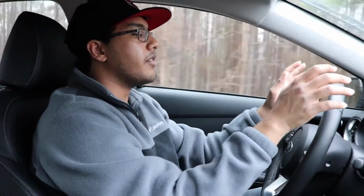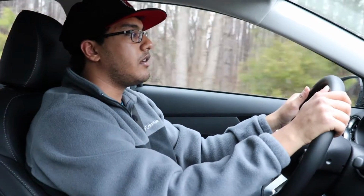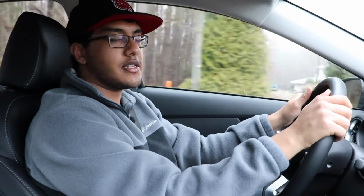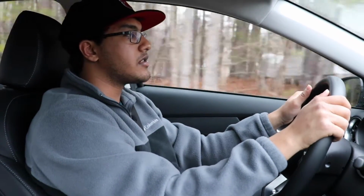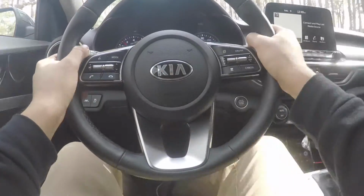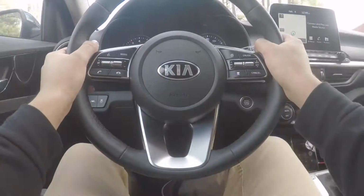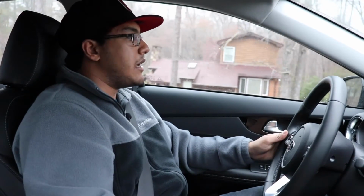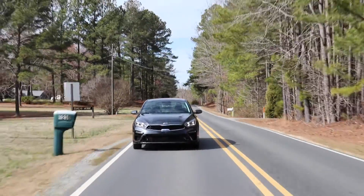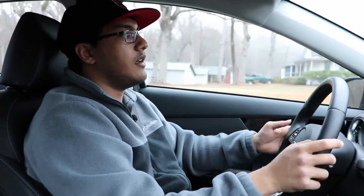I think the best part about this vehicle that I can't really say for most of the cars in this segment is the fact that there's some kind of emotion to this car. It doesn't feel like an appliance to drive. It actually has some feel to it. It has a fun factor to it. I don't know if that's a combination of how light and nimble it is, but it does genuinely have a feeling that it has a soul. And no, this is not the Kia Soul, but